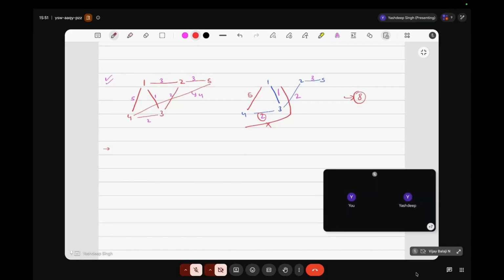Yeah. So now the main task is how to efficiently calculate the largest edge between any two vertices in a tree. Because there are m queries, where m is the number of edges, and if we do a normal O(n) DFS for each query, then it will give TLE as O(n, m) will fail to pass. So we have to find an efficient approach to find the maximum edge between any two vertices, and this can be easily done using